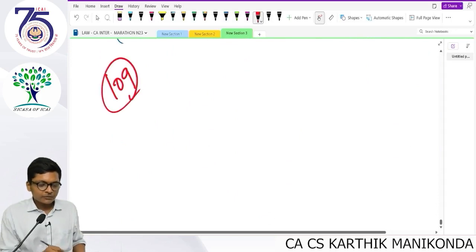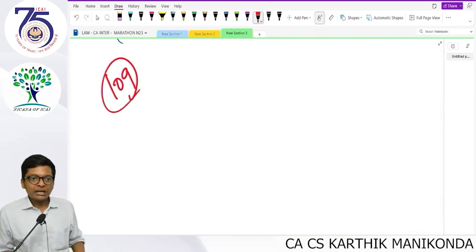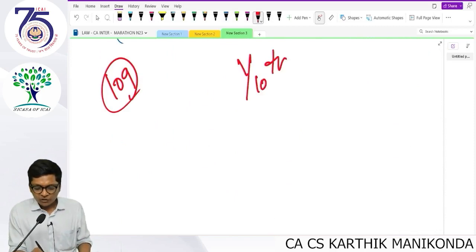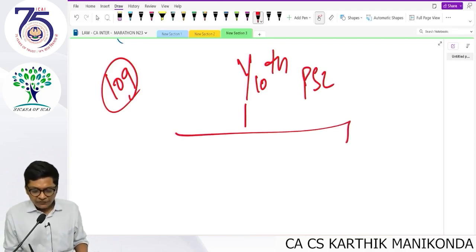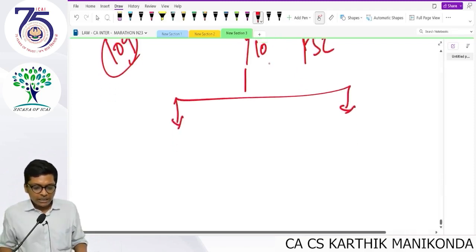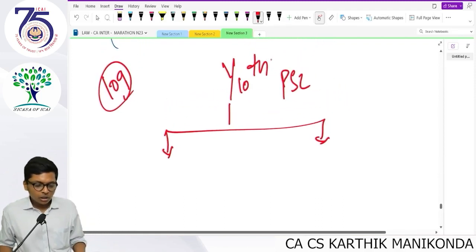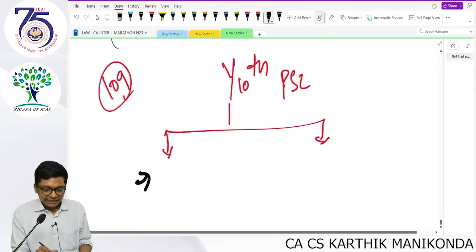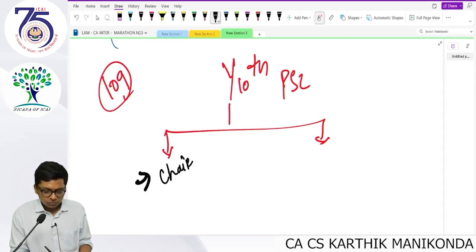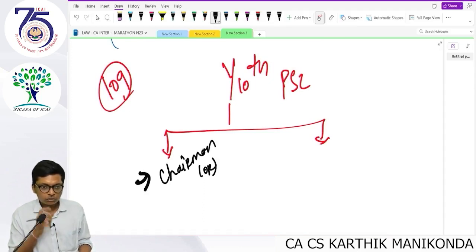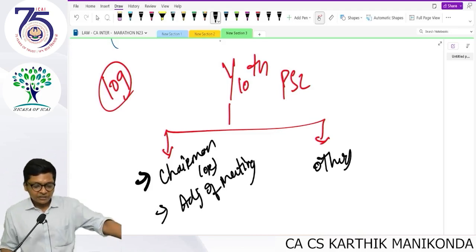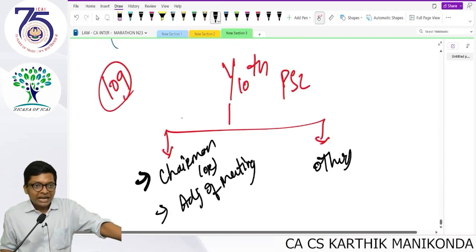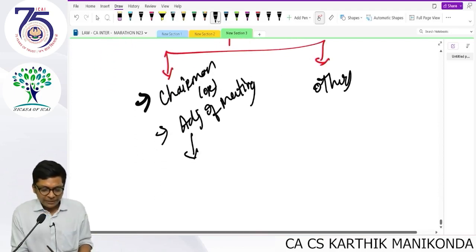Next, section 109, poll. Who can ask for a poll? Any member can request a poll if he holds more than 1/10 of the paid up share capital. A poll can be asked for anything, but if it's a poll for two things, election of chairman or adjournment of meeting, the poll should be taken